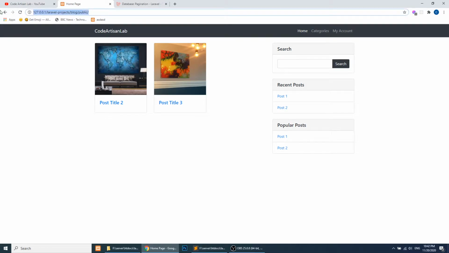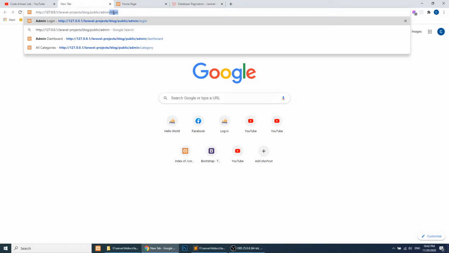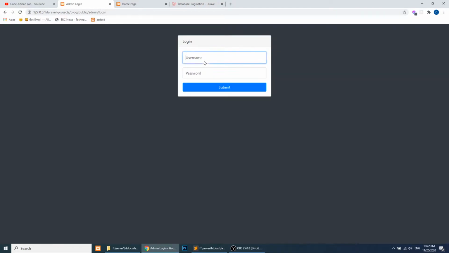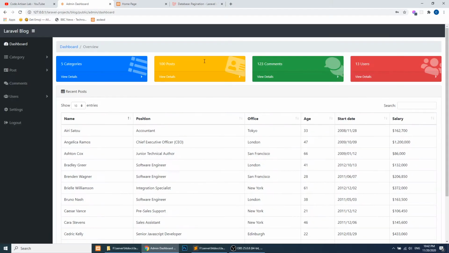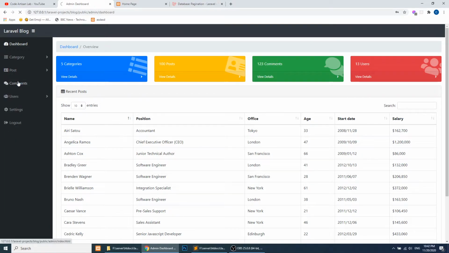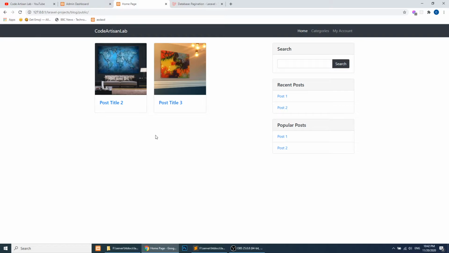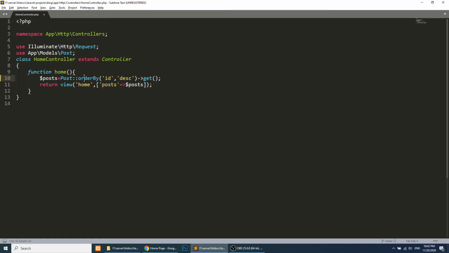If I go to the admin, let's check whether it is the latest post or not. So we will go to the admin login. I have updated all this code on GitHub, so please check the GitHub link in the description. Let's click view all. This is the fourth post; here you can see the ID. This is the fourth post we have created, so this is the latest, and then this. So we are showing the latest post first, and then the others. So this orderBy method will work.